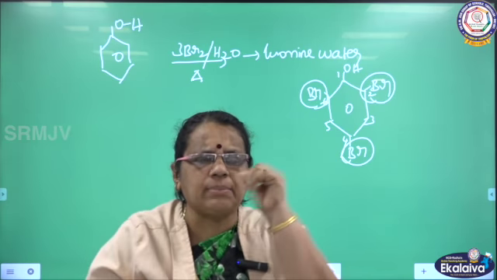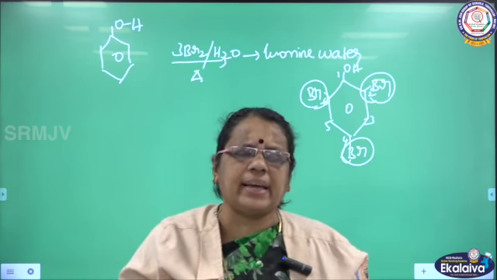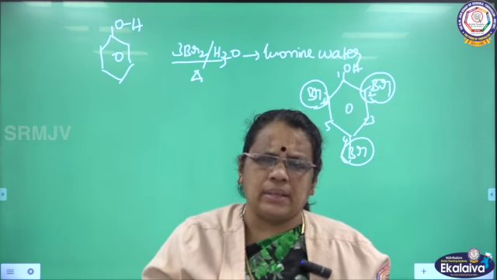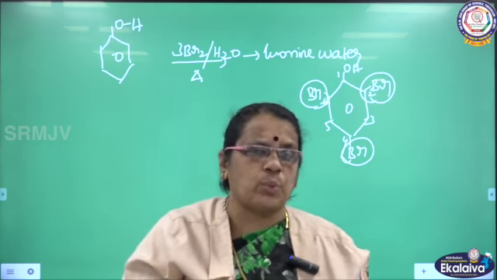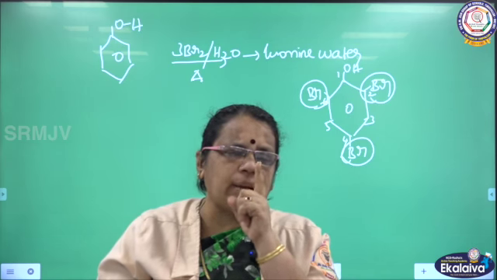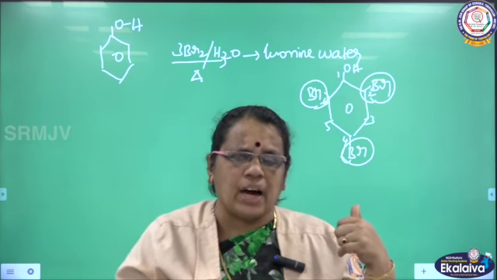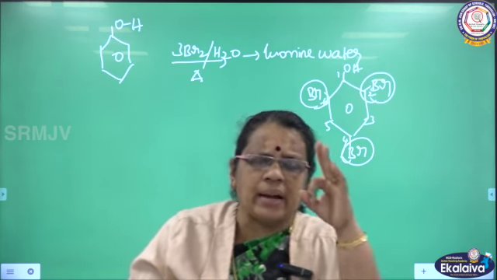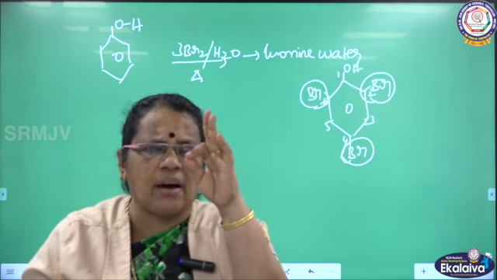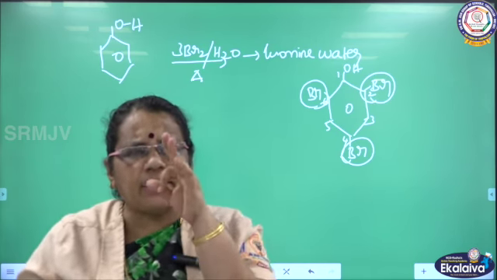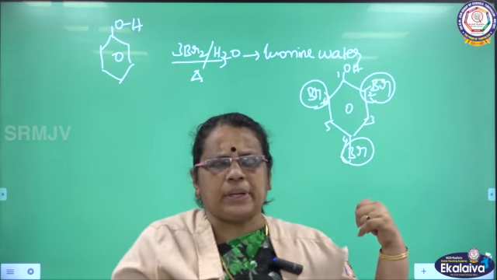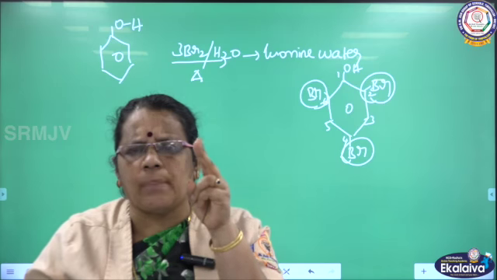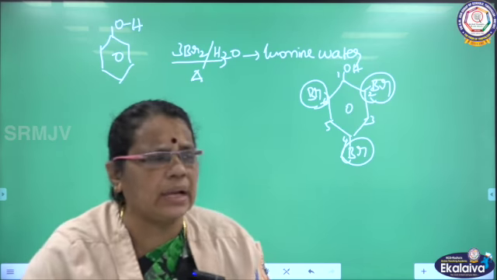3 bromine atoms are attached here. In the previous case, I got 2 different isomers, ortho and para isomers, where only 1 bromine atom has been introduced either in the ortho or para position. Now in this case there are substitutions at 3 corners. There are 3 bromine atoms substituted at 3 different positions. What are they? Second carbon, fourth carbon and sixth carbon.